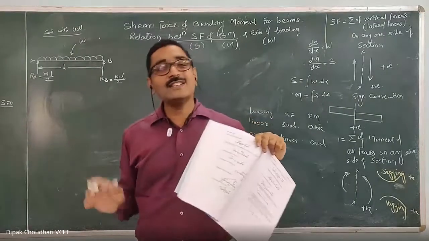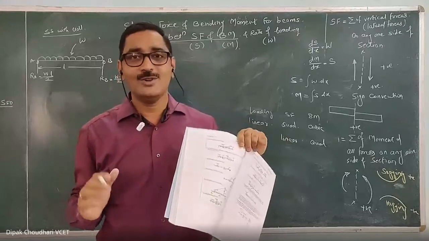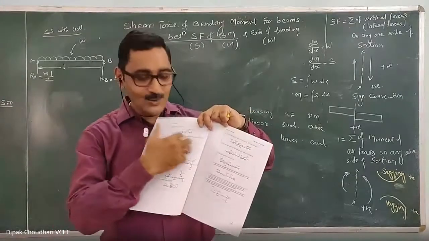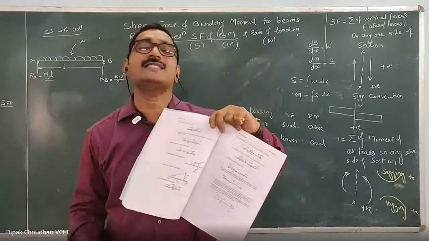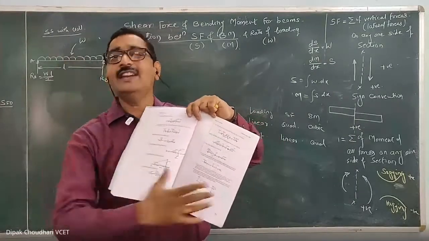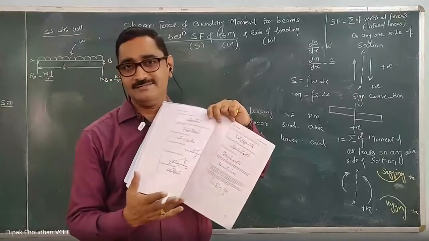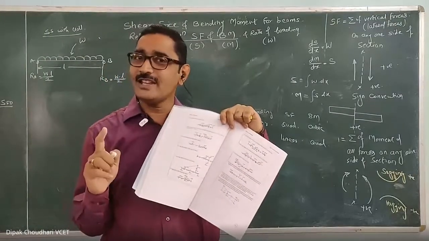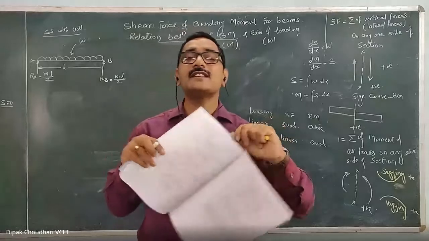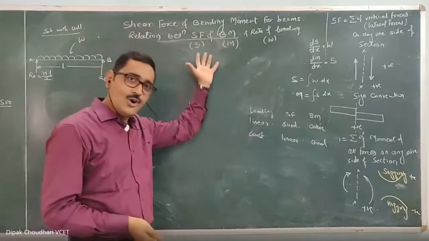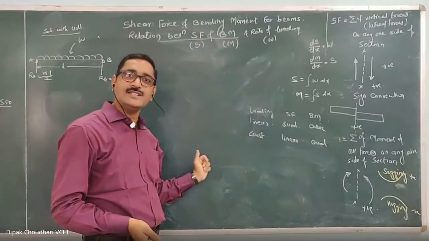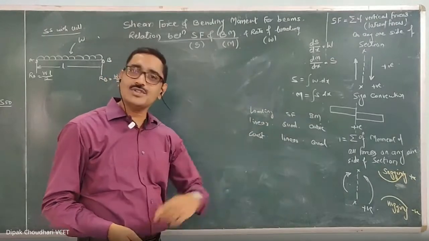For all these figures you have to draw one below another on the left hand side. पहले loading diagram, उसके नीचे shear force diagram, उसके नीचे bending moment diagram, और उसके नीचे axial force diagram, and do all the related calculation on the right hand side. Okay, ऐसे ही solve करने का है. Same thing I told you in the first year also. Okay, the AT, VT, ST diagram: draw all three figures one below another on the left hand side and the related calculations on the right hand side.